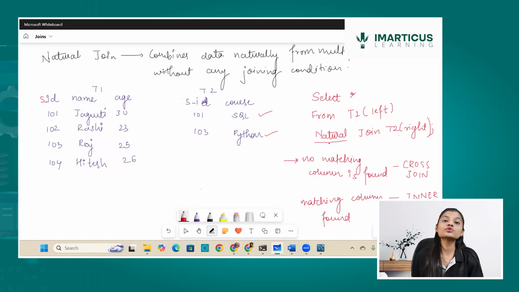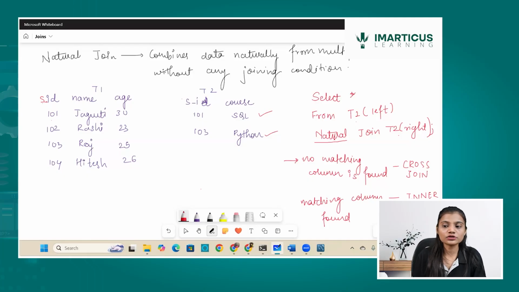So earlier people used to use natural join a lot because they used to think, okay, when two tables are there, the column name is going to be the same. But there were certain instances where the column names amongst the shared columns are different. At that time, natural join was failing and every time it was giving a cross join result, which gave a lot of entries, and that needed to be avoided. For that, they came up with the approach of inner join, where I can mention the joining condition, but in natural join, I cannot mention the joining condition. So this is all about natural join over here.